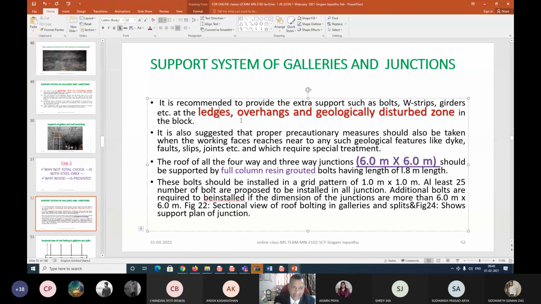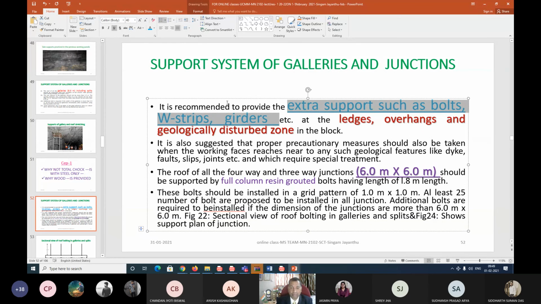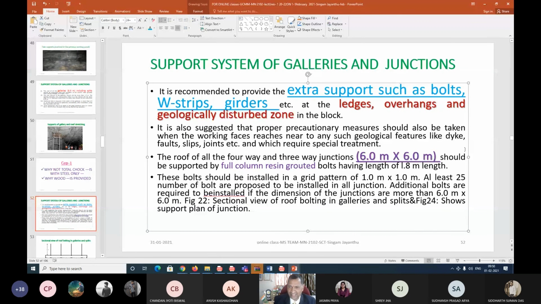This all happens, and at that time, what we do, we have to give some additional supports, right? That additional support can be some type of, as you have already seen here, additional extra bolts, or it can be some type of even girders, right? So you are supposed to give some provision for all these type of things. Otherwise, we cannot make the persons safe or the workings secured or stable. And when it is not secured, not stable, as an underground coal mining engineer, you cannot allow any person to enter inside that place, right?